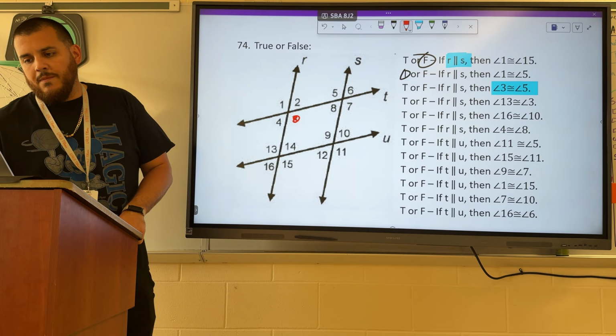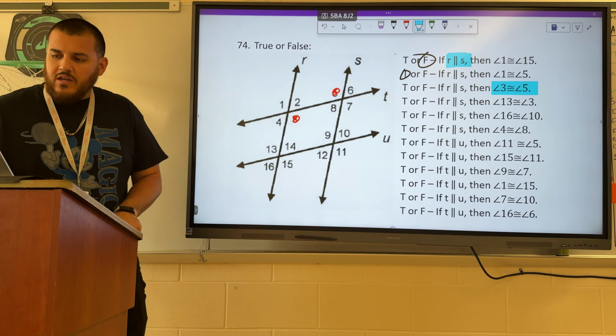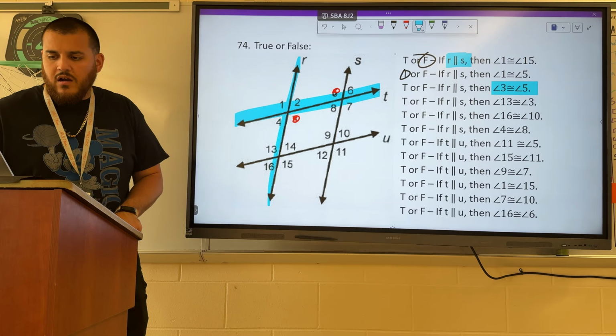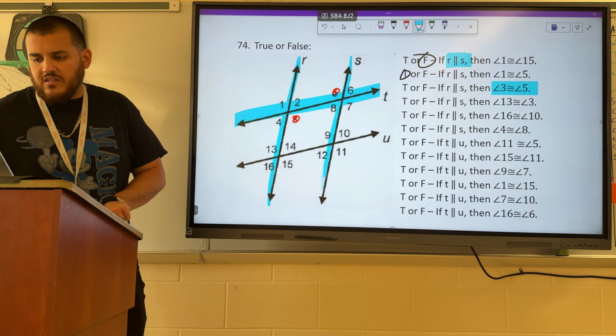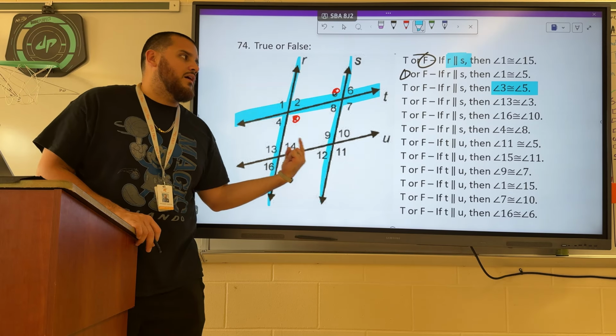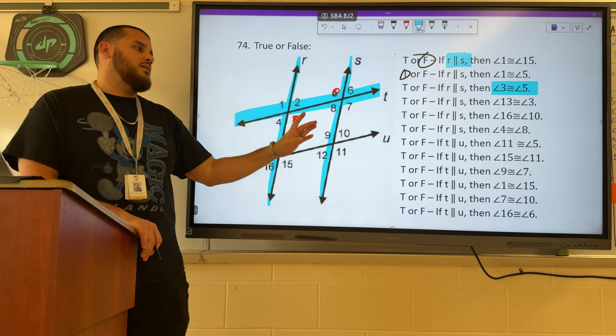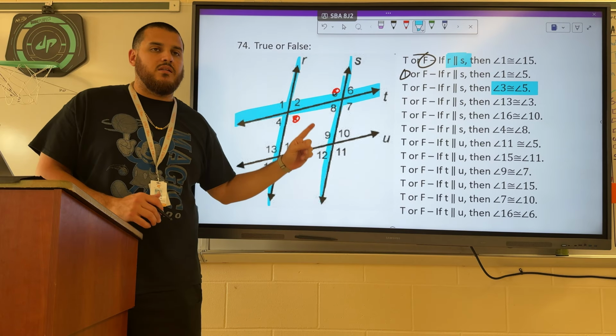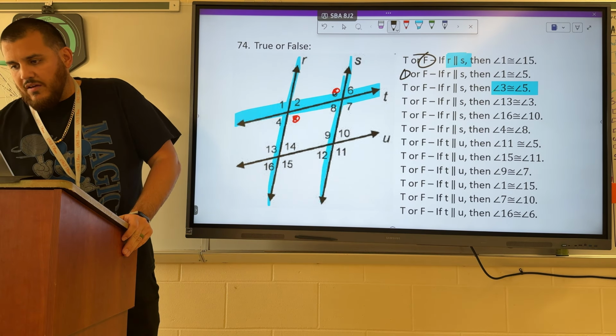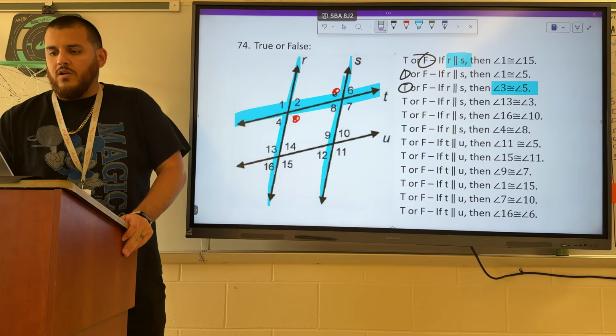All right, here's 3, here's 5. Again, 3 is made at the intersection of T and R. 5 is at the intersection of T and S. Again, we have the correct lines here. The relevant lines for 3 and 5 are R and S. If those are parallel, that makes these alternate interior angles, which have to be congruent to each other in